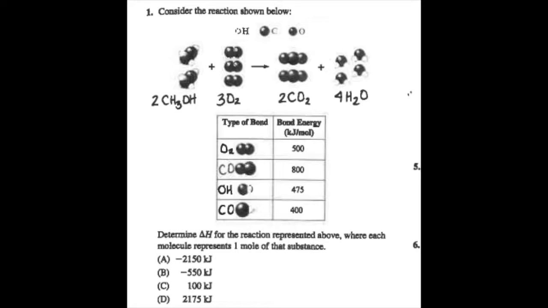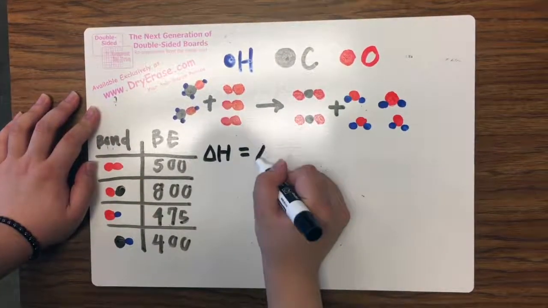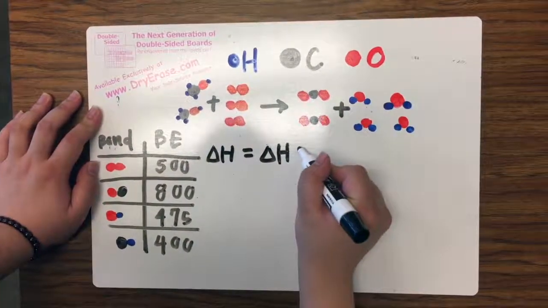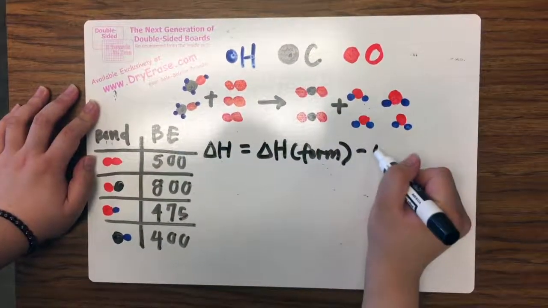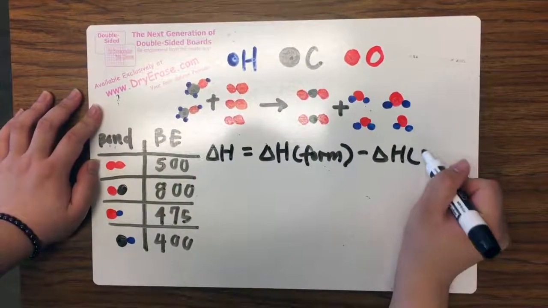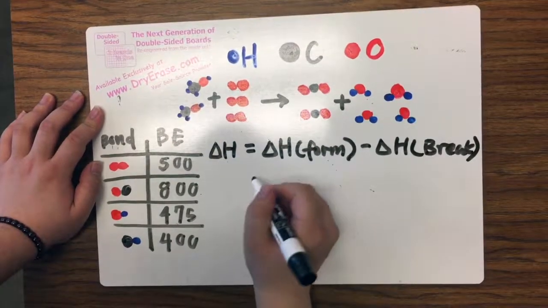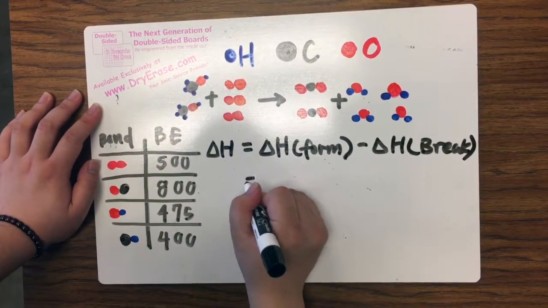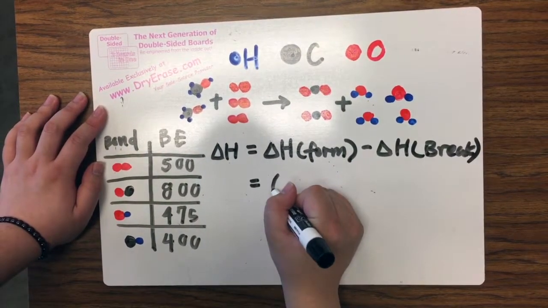For the first question, determine delta H for the reaction represented above, where each molecule represents 1 mole of that substance. In order to calculate delta H for the overall reaction, we need to first calculate the energy that formed two CO2 molecules and 4 water molecules, and then use that to minus the energy that is used to break the bonds between the reactants. So first, we can count that there are totally 8